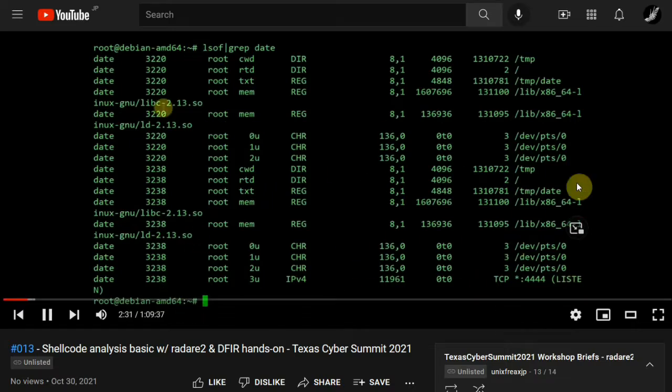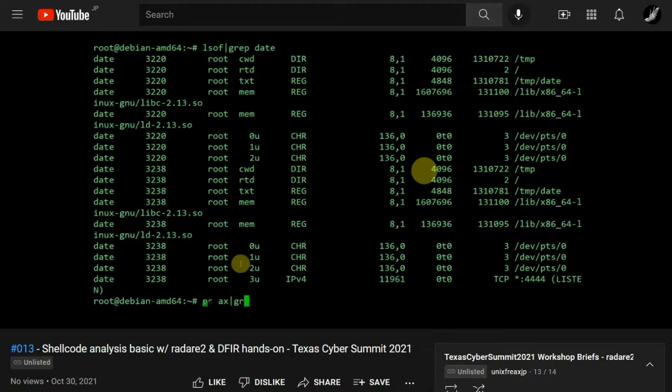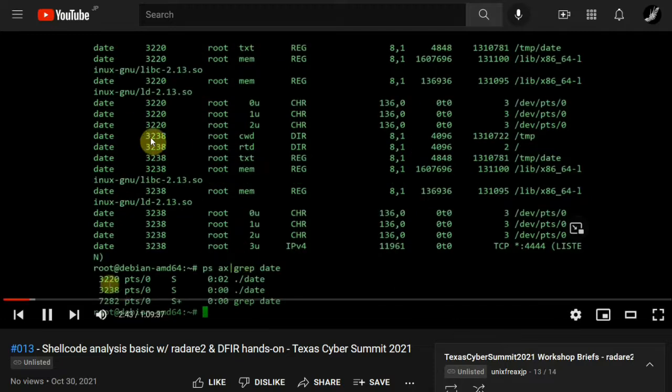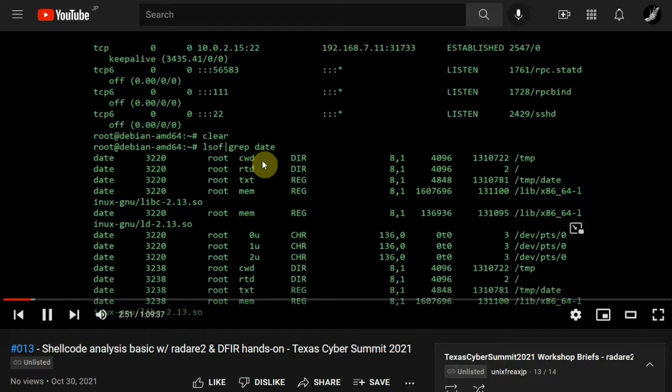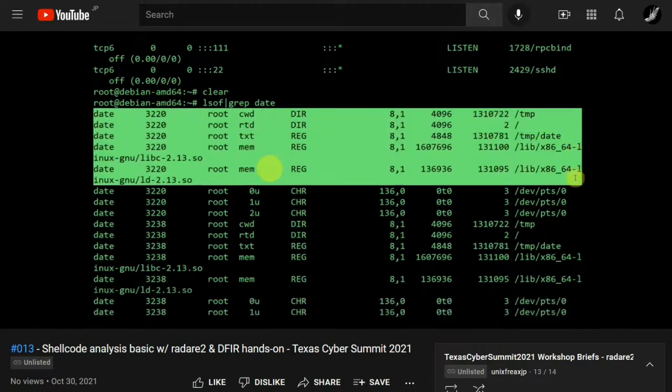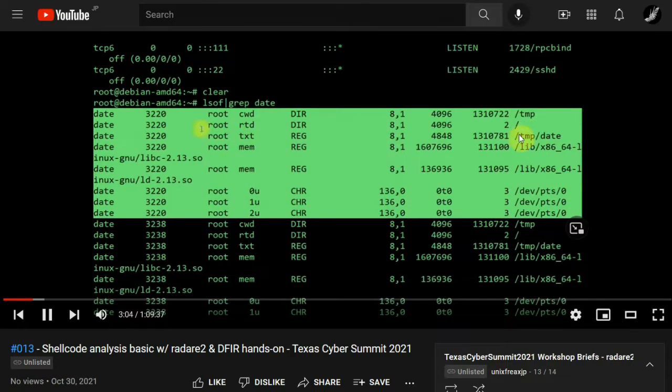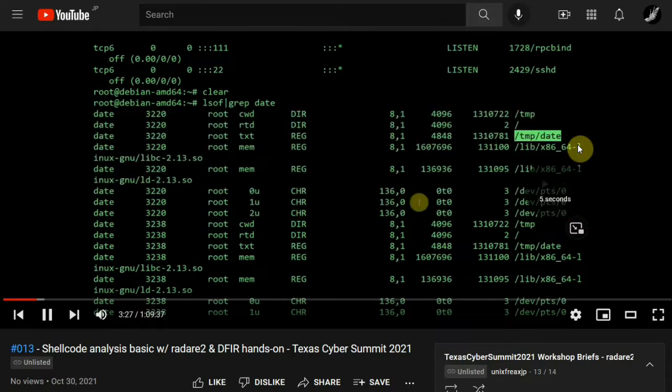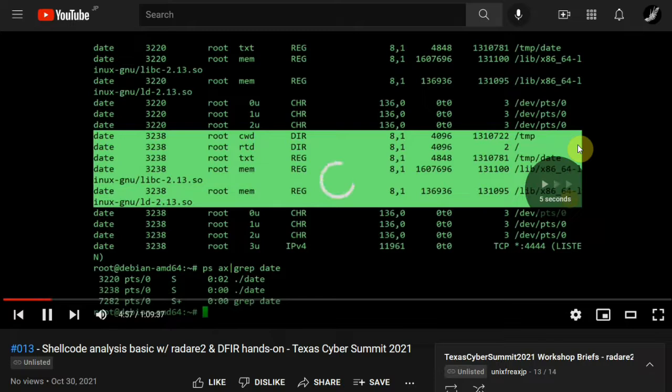In lsof it shows two PIDs running, and in the process list it has two dates running, and the dates itself is running from the temp directory. For example, this is actually a very good case, and in this video you will see